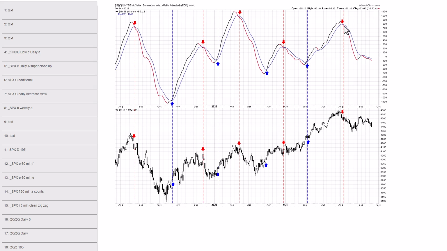The last signal was a sell signal in early August. You can see here, the close below the 9 EMA. Sold off, you rallied, formed a lower high. It did not give a buy signal there. It got close, but kept you out of danger, and it's still technically on a sell.